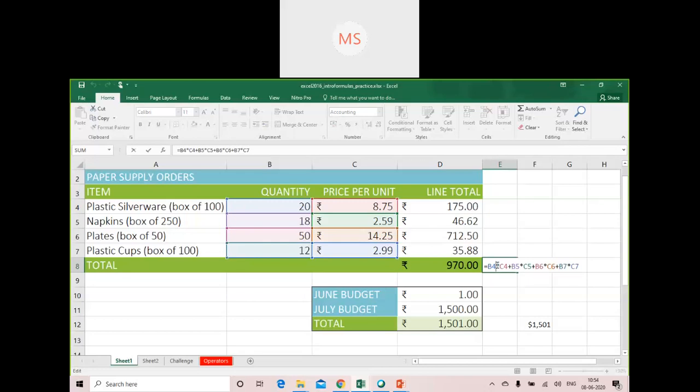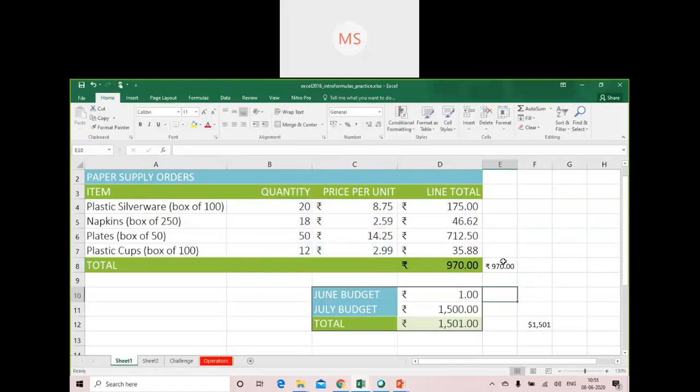Here, as you can see in this particular example, it looks more complicated. So what you can do is put your brackets for better understanding of which cells have been multiplied together and then added. Got it? So this is how the distinctions can be made. Okay, there is no difference in that.